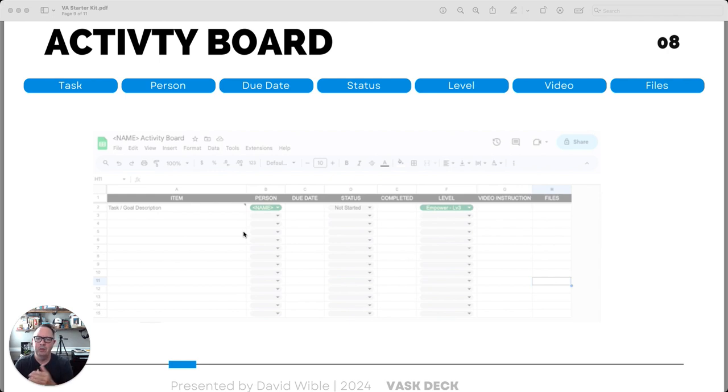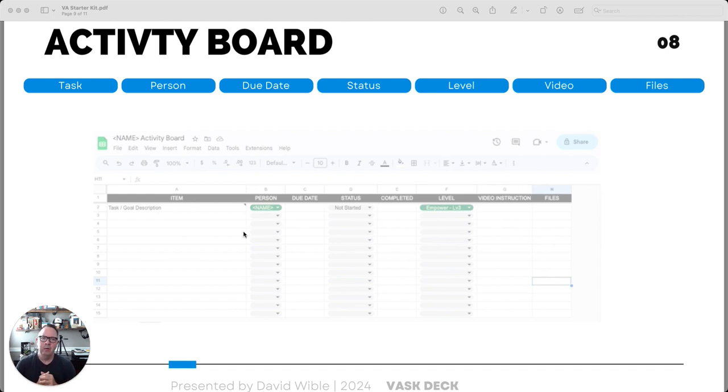You can also include, although I didn't include it as a have-to in blue here, on the activity board, the date that it's completed, just to see if the due date and the completed date are the same. Over time, what I've found with my team is completed was not a column that we used a lot, so it's not required. Then you have level, which is what is the level of delegation that I'm giving this person a task to actually go do. So are they at manage, are they at lead, or are they fully empowered? And then the last 2,